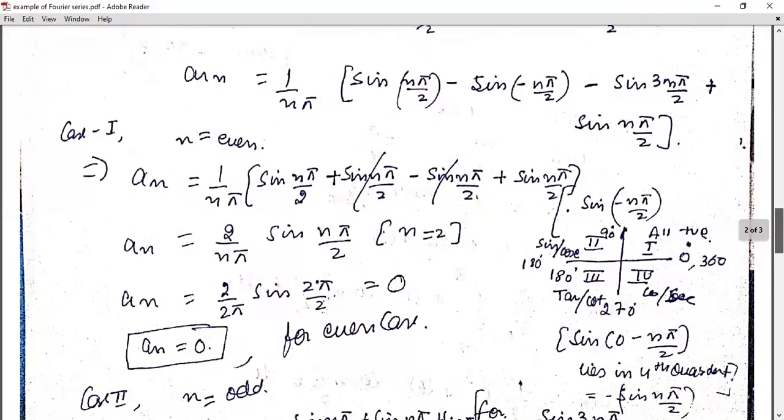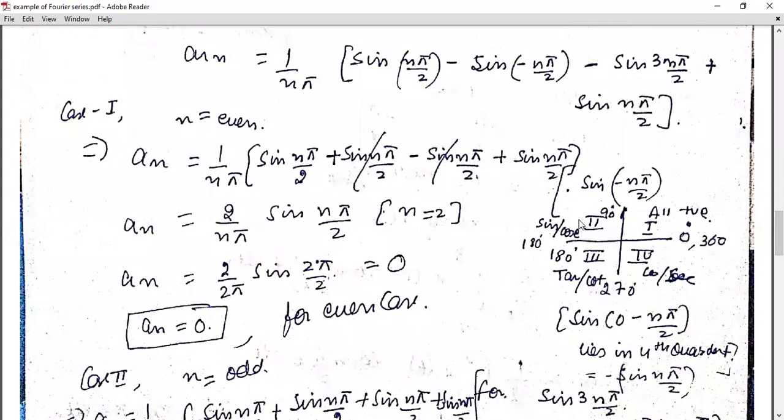How are we considering it plus, and this function? This will be explained by the quadrant formula. As we know, there are four quadrants: first, second, third, and fourth. In the first quadrant, all terms, sine, cos, tan, all are positive. But in the second quadrant, only sine and cosec are positive. In the third quadrant, tan and cot are positive. And in the fourth, cos and sec are positive.